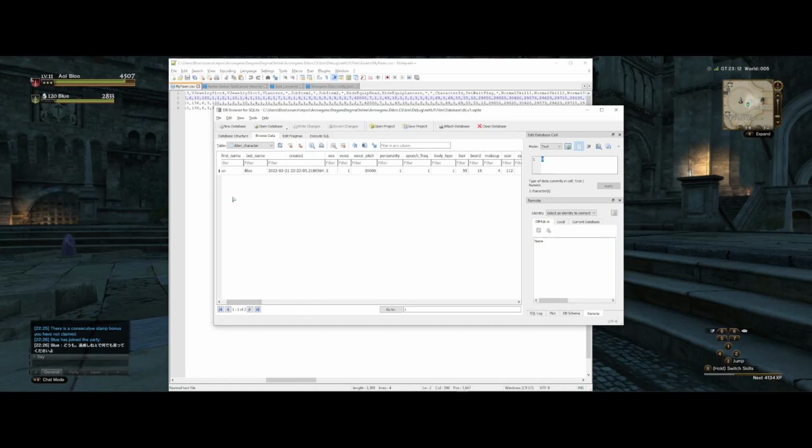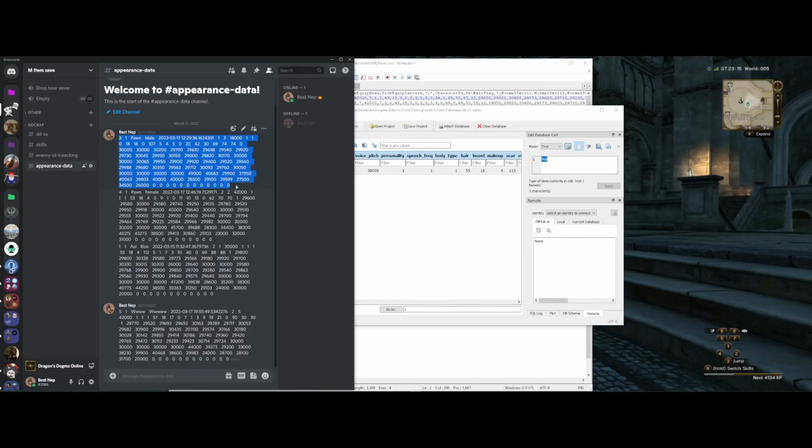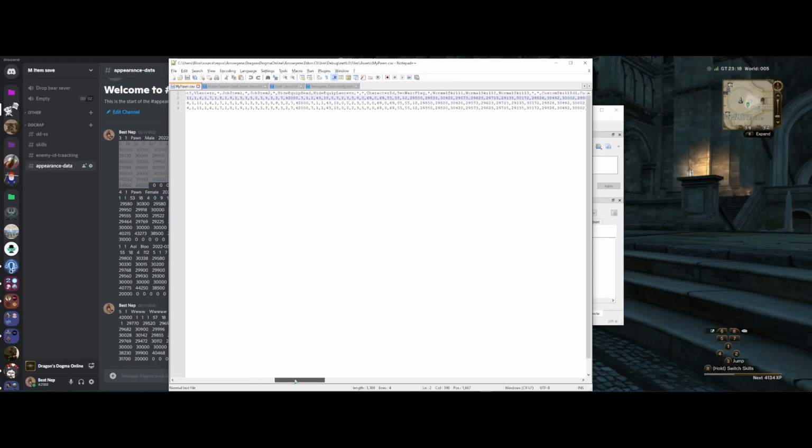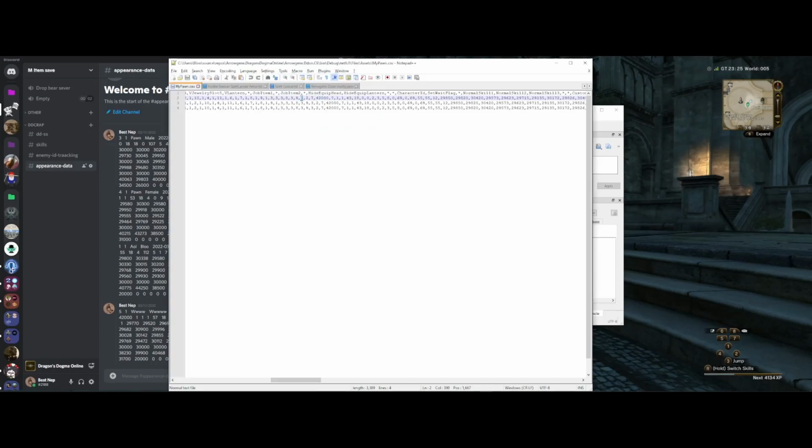One thing you can do is select a row, copy this row, and paste it into Discord, and you'll have these appearance data here, and you'll simply just copy, starting with the sex of your character. Find the sex of this character, which starts, let me see if I can find it real fast. I believe it's here. 420022, yeah. So starting here, you'll just highlight all this